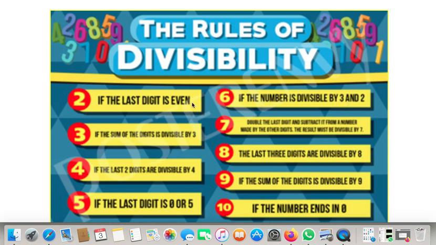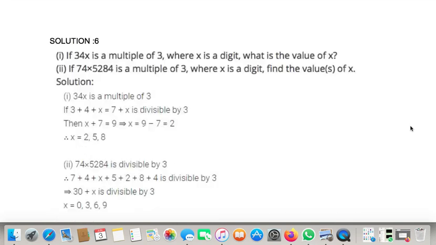See the examples before starting with the solution. Don't just write it randomly, yes, no, like that. Divisible by this, not divisible by that. No, I don't want that. With reasoning, the way I have explained to you, you'll be doing question number 1 to 5, first part, as homework. Okay. Now let us move to question number 6 of your book.